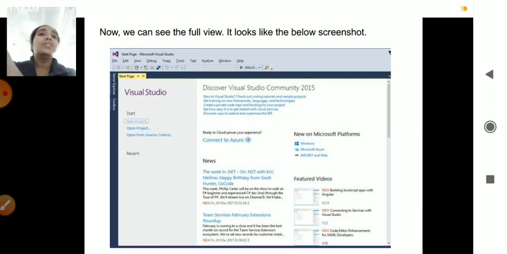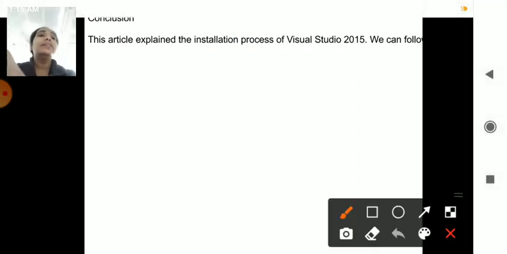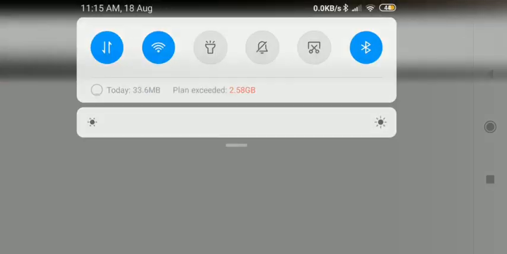So in all these sections you have learned how the installation of Visual Studio is done within the system. It may be 2015 or it may be 2017. It is the same. Okay. So these are the installation steps. You have to install it carefully one by one when you are installing that particular software. Okay.